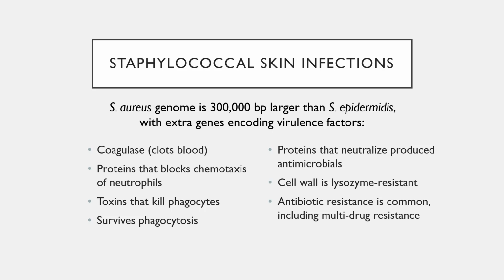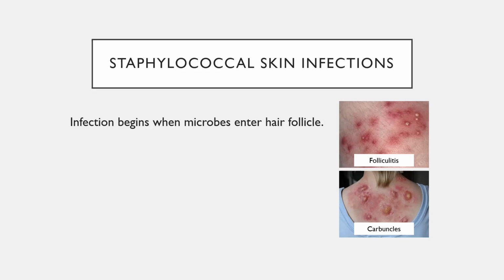All of these features are things that Staphylococcus epidermidis does not exhibit, and they make Staphylococcus aureus much more dangerous, whereas Staphylococcus epidermidis is only able to cause disease when an opening in the skin is created for it. Staphylococcus aureus can merely begin an infection when the microbes enter a hair follicle. When a hair follicle becomes infected, it's called folliculitis, and we can see an image of folliculitis here on the